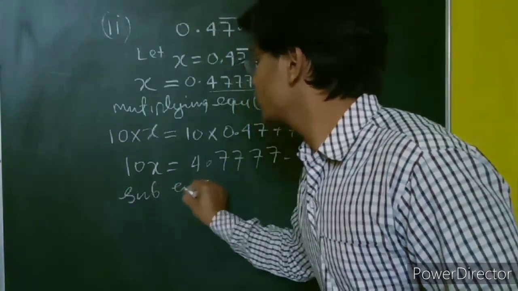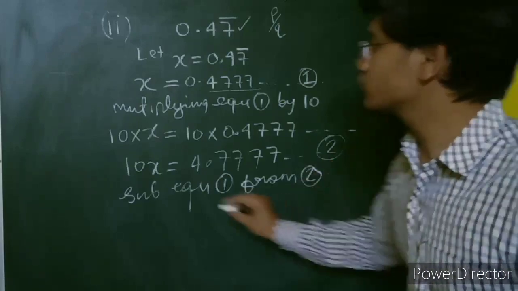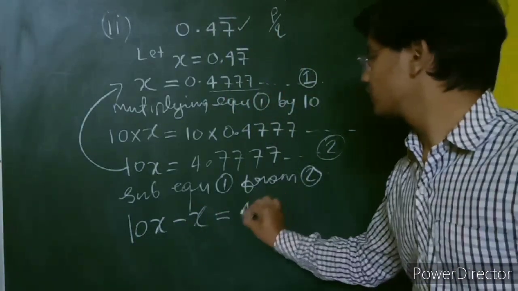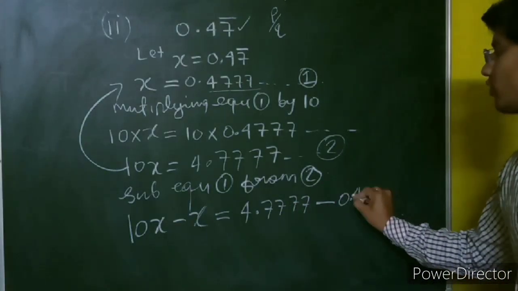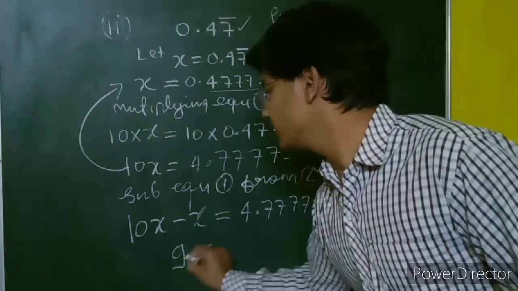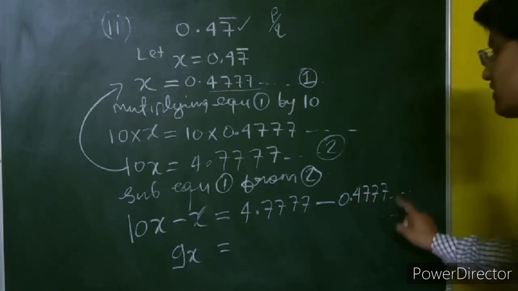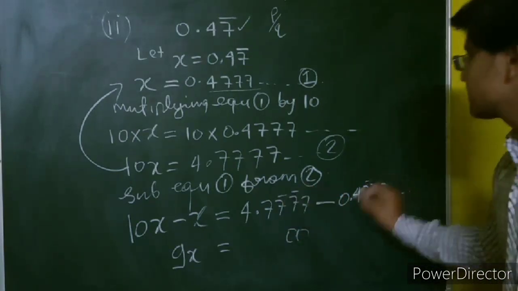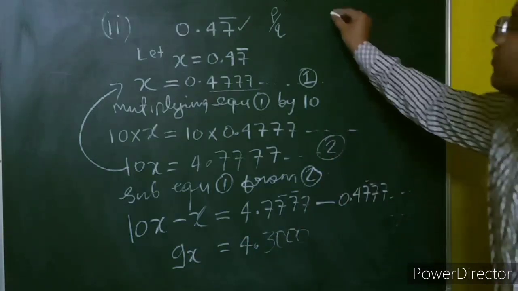Subtracting equation first from second, it will be 10x minus x equals 4.7777 minus 0.4777... So 10x minus x will be 9x, and 4.777 minus 0.477 will be: 7 minus 7 is 0, 7 minus 4 is 3, and 4 minus 0 is 4. So we are having 9x equals